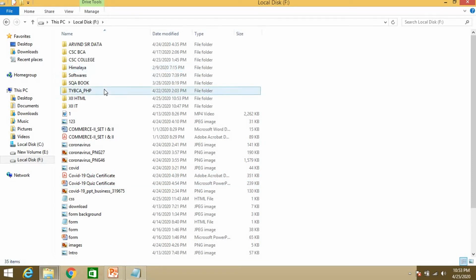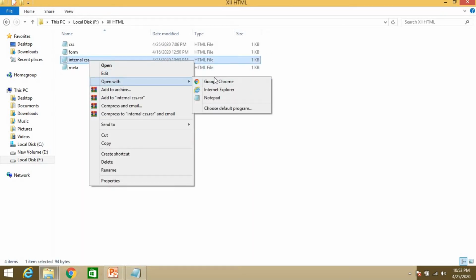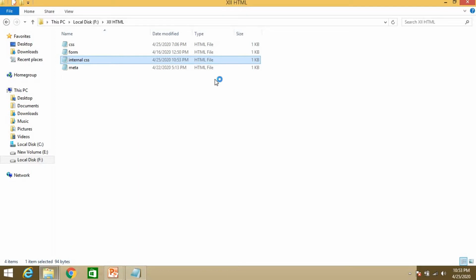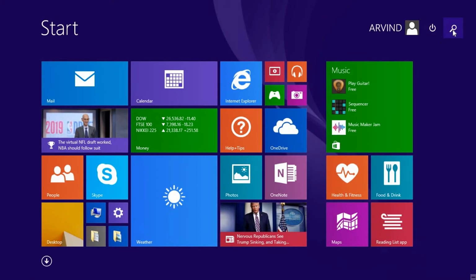Let's see your file, internal CSS HTML, open with Google Chrome. This is heading. Now after that you have to write the CSS file.